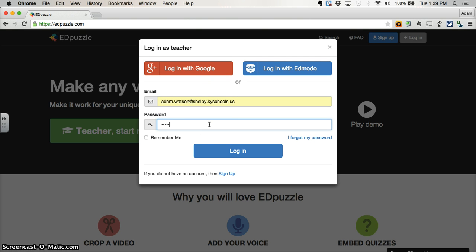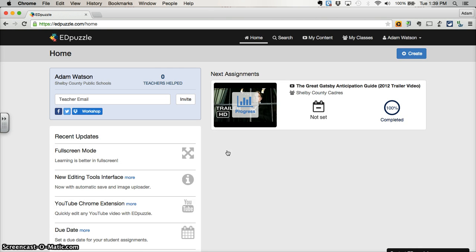Put in our password. One of the great things with EDpuzzle is that if you already have an Edmodo account, then you can use those credentials to log in, so you don't have to create a separate account. That could be great for students especially, and as you saw, another option was also to use your Google account credentials. Once you're logged in as a teacher, I just want to show you a little environment of what this